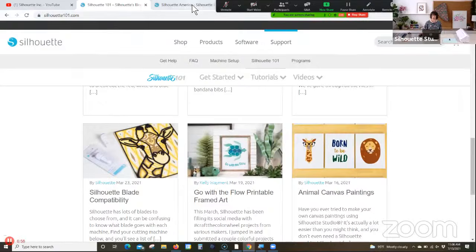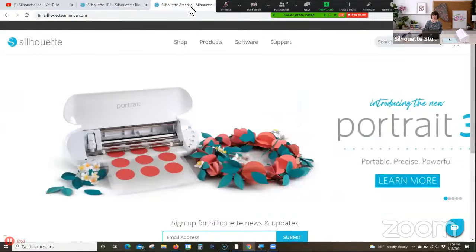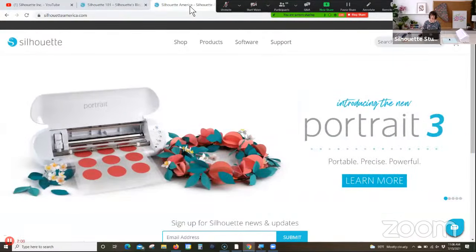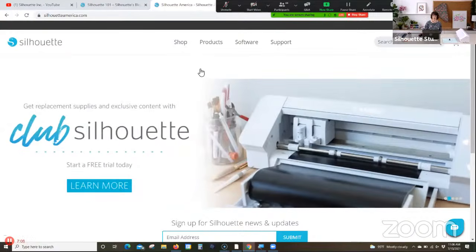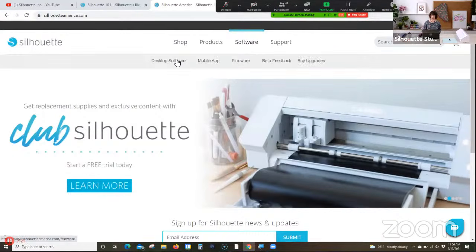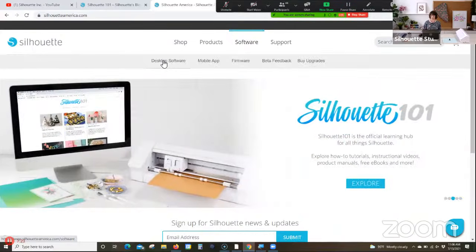And then the third resource is silhouetteamerica.com. So this is where you're going to be able to look at the different machines to compare them, and actually purchase your machines and purchase your products, like the specialty materials, sticker paper and vinyl and all those fun things. What I want to show you here is if you go to software and then desktop software,